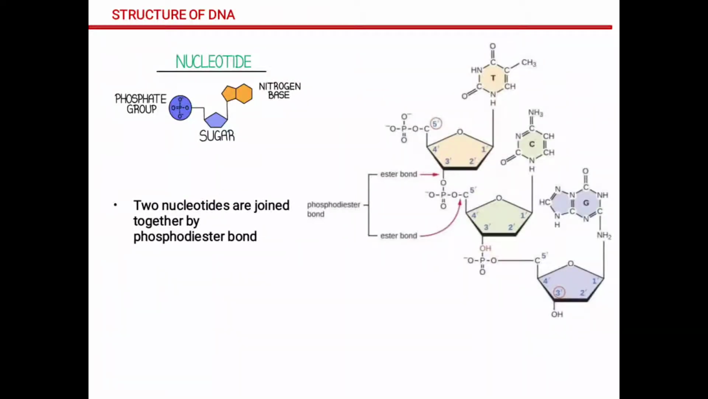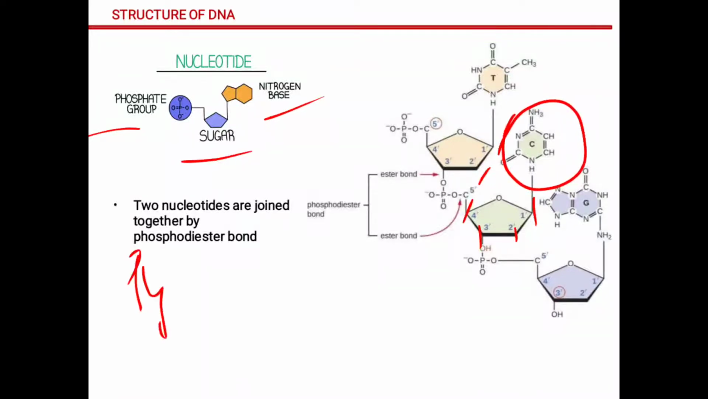So here we can see the arrangement of the elements within a nucleotide. This is a pentose sugar, this is a nitrogenous base, and this is the phosphate group. So as this is a pentose sugar, there will be 5 carbons. This is carbon 1, this is carbon 2, this is carbon 3, this is carbon 4, and this is carbon 5. And at the first position, the nitrogenous base will always be attached. And there are two types of nitrogenous bases. This can be either pyrimidine